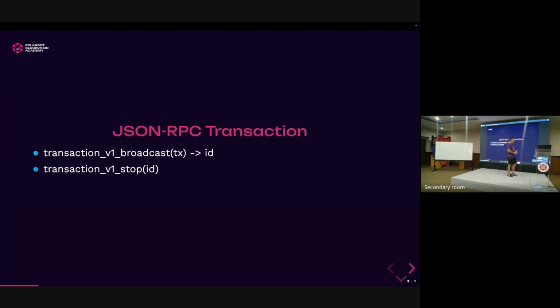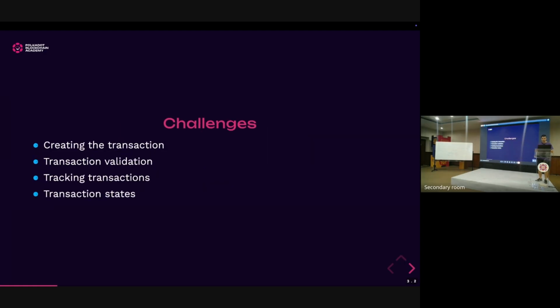So yeah, welcome to my tech talk. See you. No, just kidding. It looks simple, right? But it's not, because there are certain challenges. The first challenge is creating a transaction. Creating a transaction is not easy. It's not straightforward. You are going to be using a library that helps you to create transactions, but it's